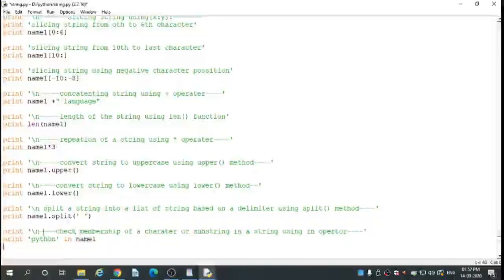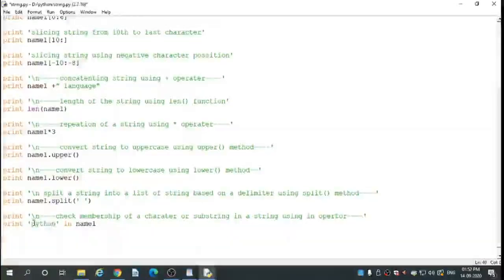So here check membership of character or substring in a string using in operator. Here name1 is the string, so if it is in the string, the output is true. If it is not in the string, the output is false.